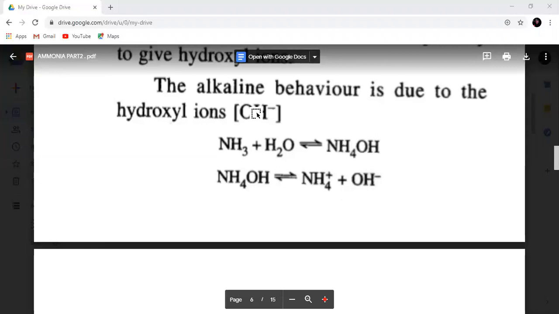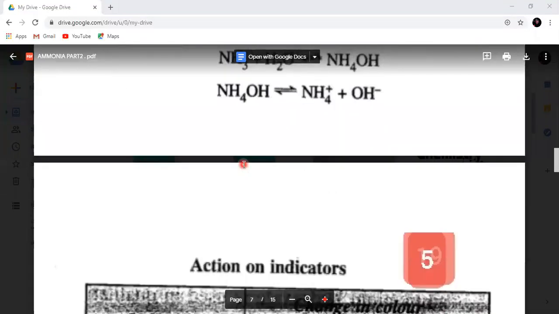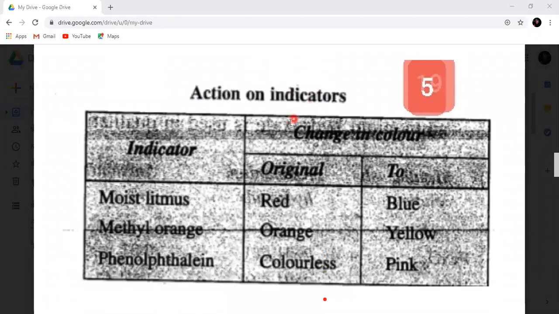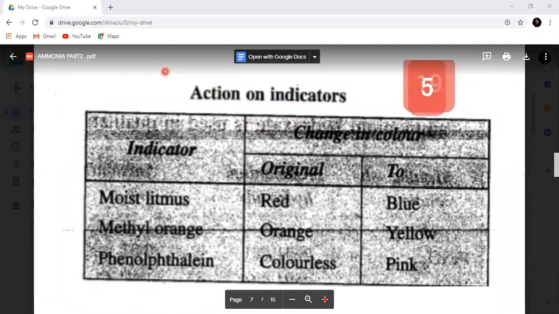After that, we are proceeding to the next property of ammonia. In this one, we have studied its alkaline nature. This alkaline nature can be studied by an indicator, of different types. First is which one? Moist litmus. Always remember students, we have to take the moist litmus. If we take dry litmus, then it will not give the result. The red litmus turns blue when it is moist in nature. Moist means under the water.